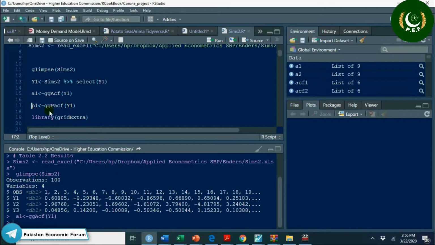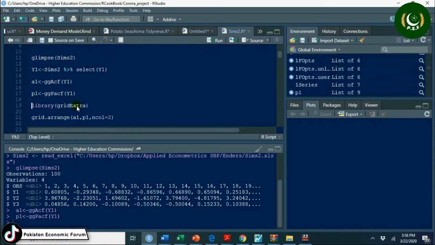I am storing the partial autocorrelation function of y1 in P1. I am using this library gridExtra. If you don't have this one, use install.packages and put it in inverted commas and you will have the gridExtra library. Now I want to see a parallel chart of A1 and P1, that is ACF and PACF.